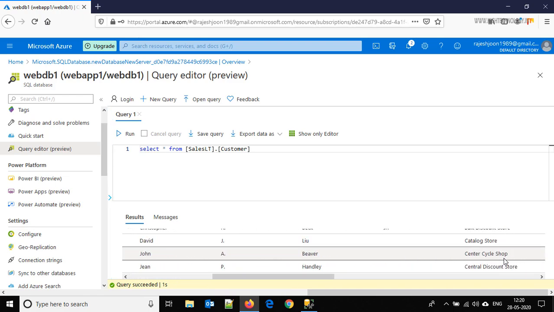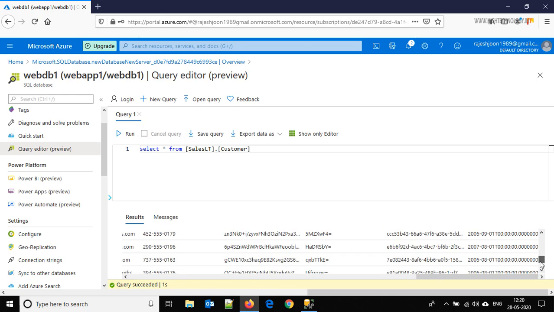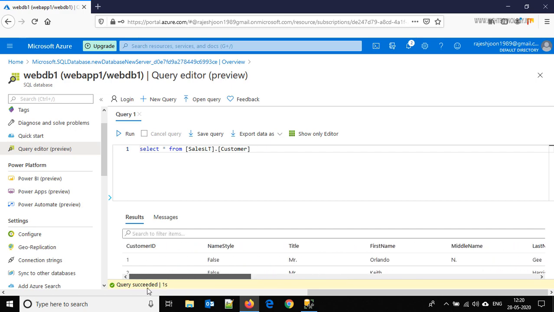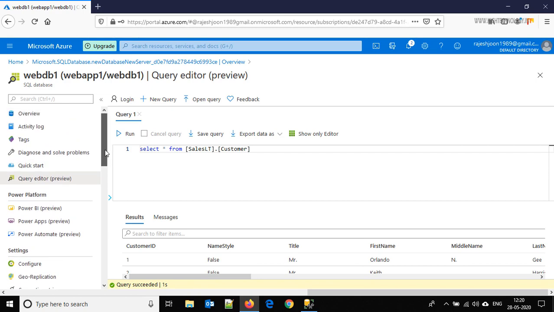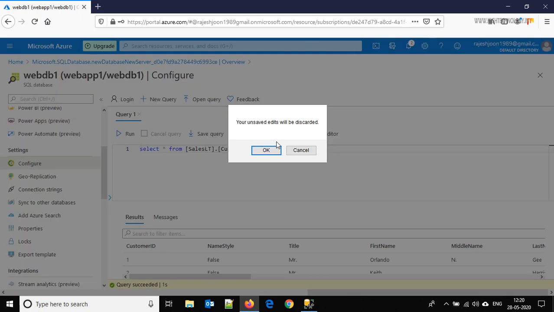You are able to see the data here. So this way we can query our database through SQL Server Management Studio and also through the query editor. If you have an issue, diagnose and solve problems is there, and click on configure if you want to change the database again. So click OK.